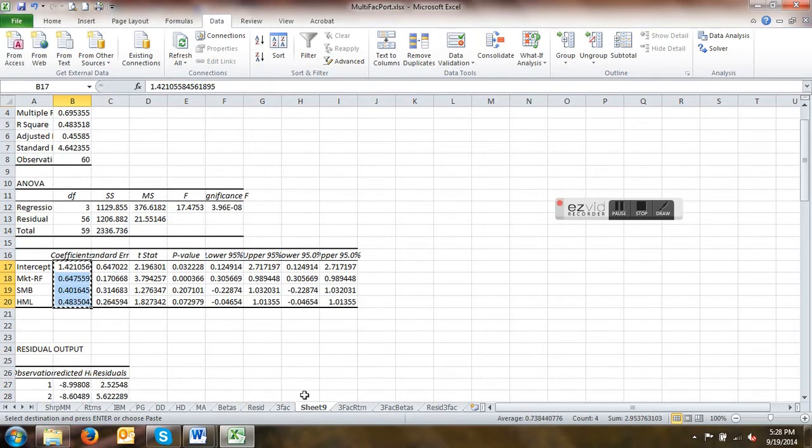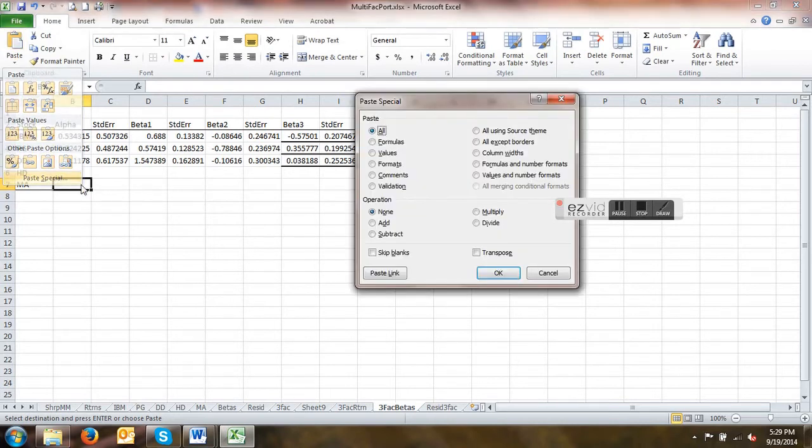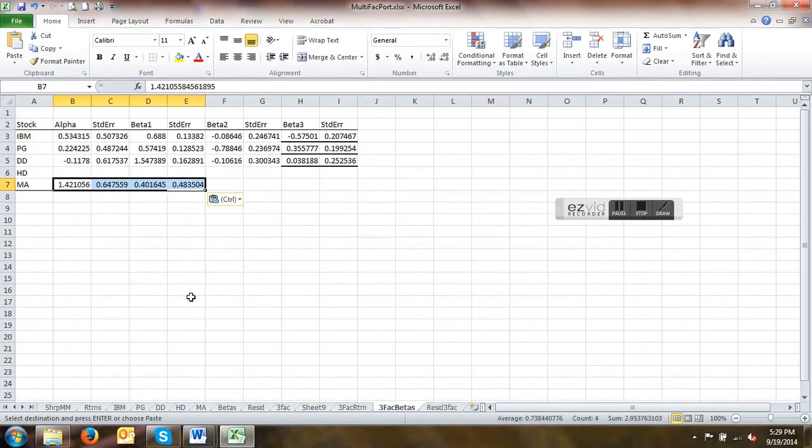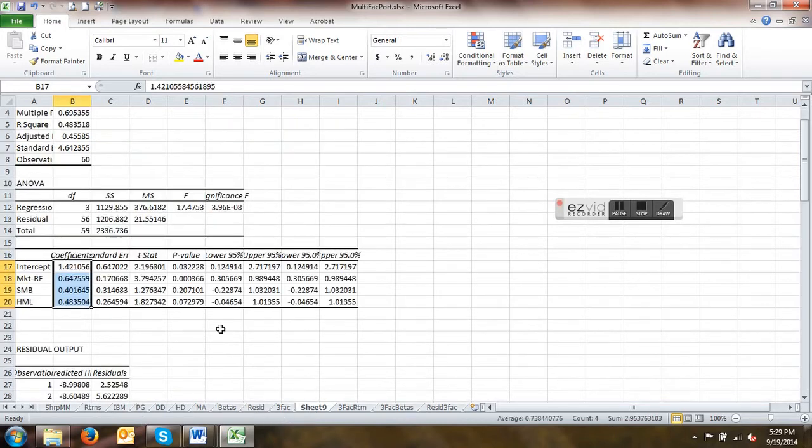coefficients, copy those, come over to our three-factor betas, and what I want to do here is go ahead to Home and Paste Special Transpose, and then we'll just move everybody where it needs to be. So that's alpha, that's beta 1, that's beta 2, that is beta 3, and next we want to get our standard errors,